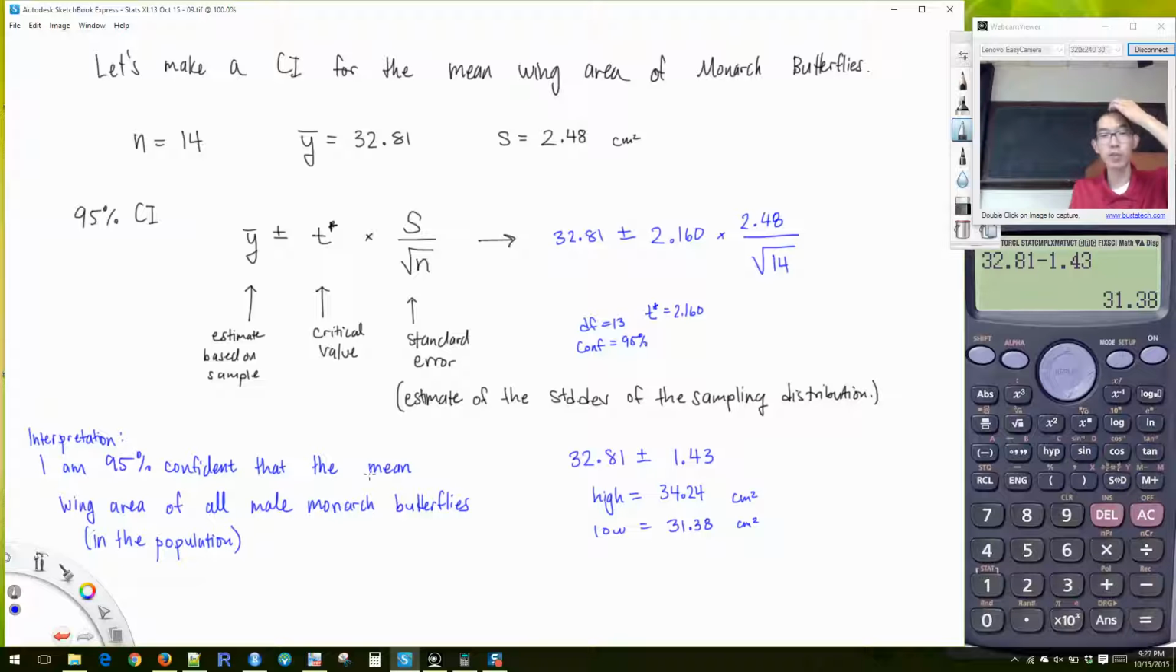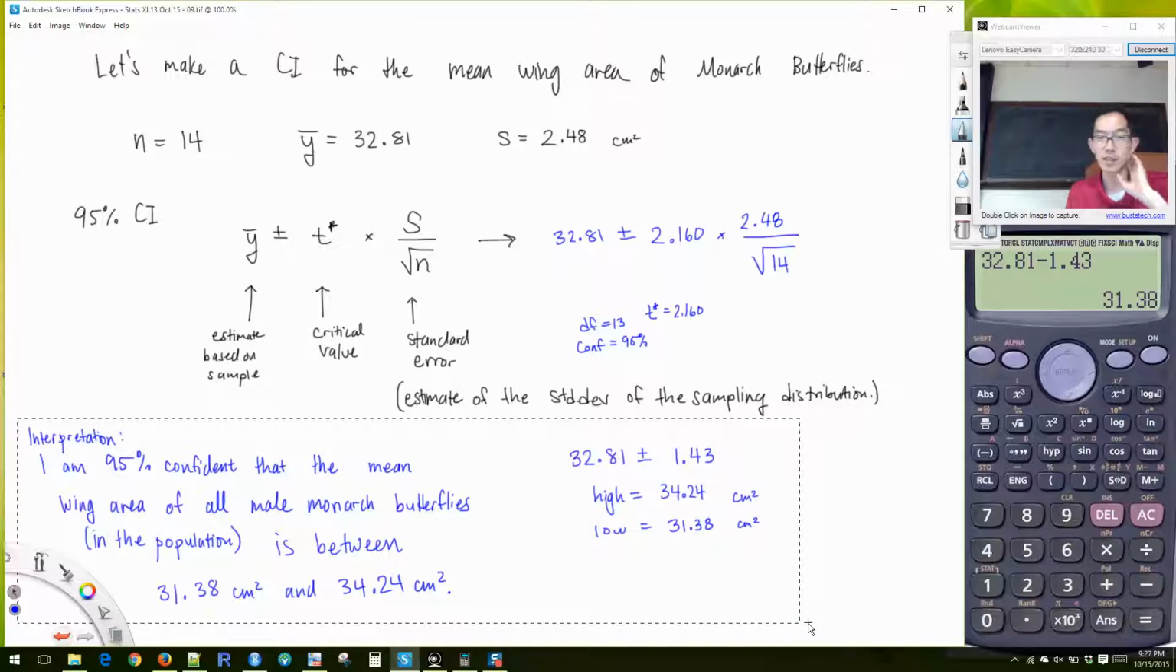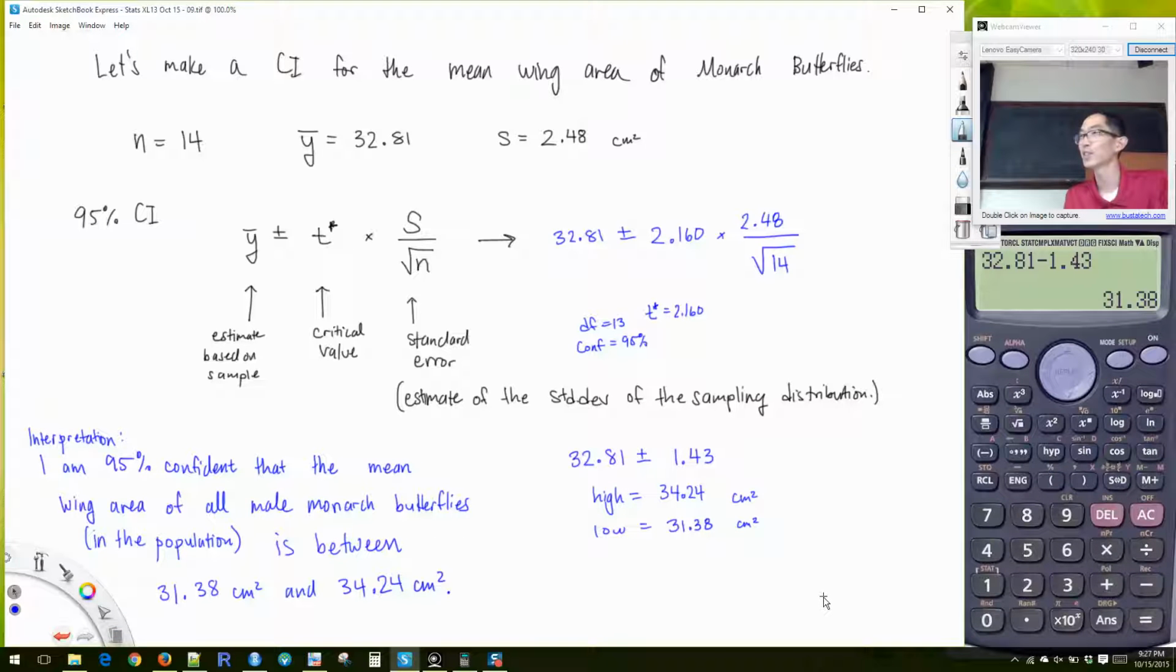we're 95% confident that the mean wing area of all butterflies in the population is between 31.38 centimeters squared and 34.24 centimeters squared. Okay. How does this feel? Okay? All right, so then